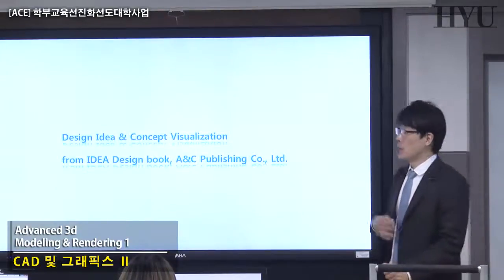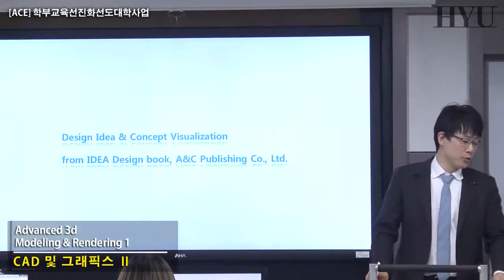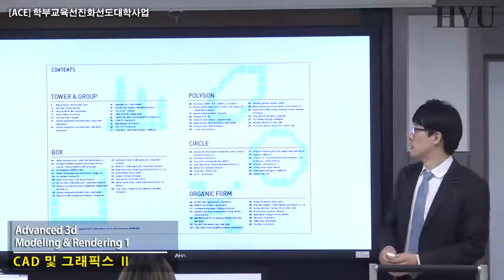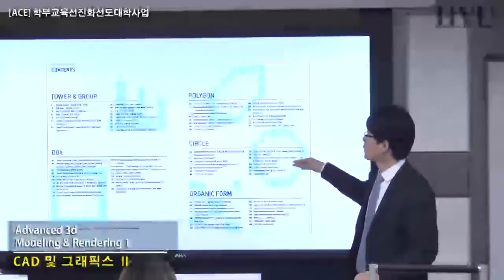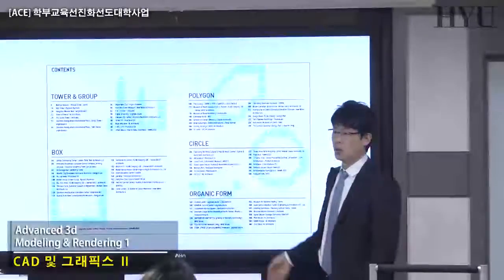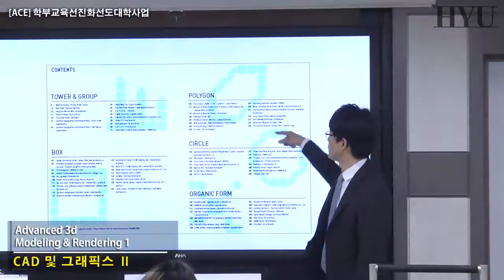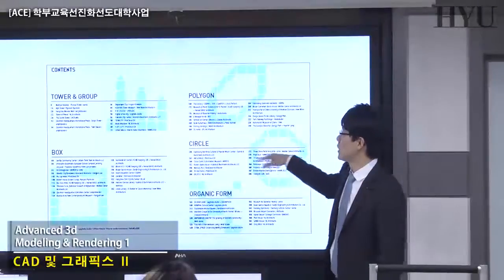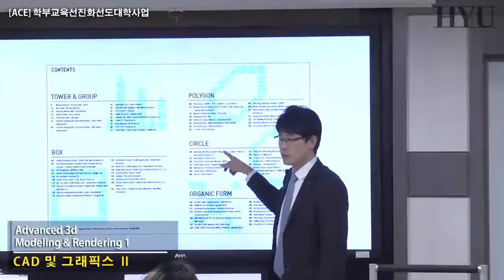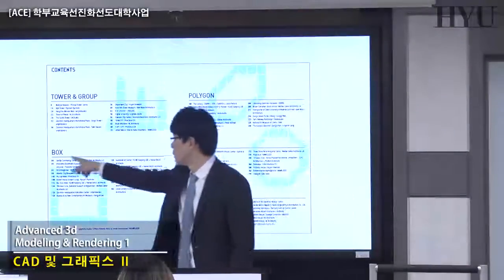For paying more attention to developing your concept and idea, I'd like to show you some more examples from that idea design book. As I introduced before, the content list of this book is categorized by primitive geometry, not building type or building purposes or objectives. Usually, if this is building design, one easiest way to classify buildings is by building types: schools, commercial buildings,